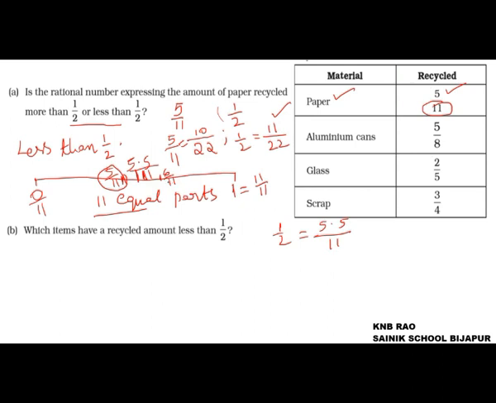This is one technique. Normally, people do follow even another method, converting given fraction into decimals. If you observe 5 by 11, when we convert it into decimals, it is 0.45 bar. So 1 by 2, which is equals to 0.5. So 0.45 bar, which is less than 0.5, we can say this 5 by 11 is less than half.